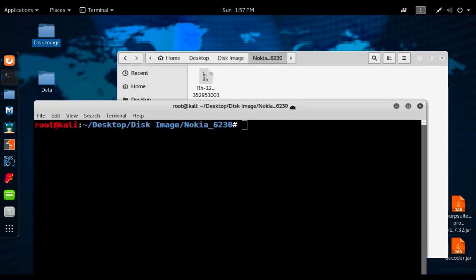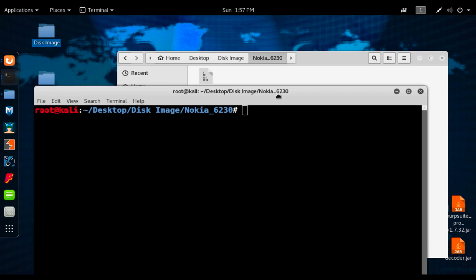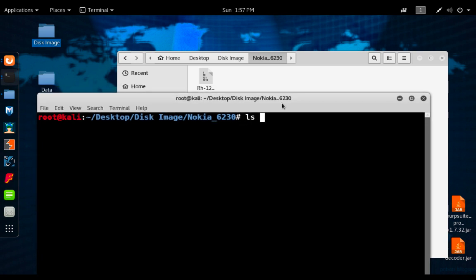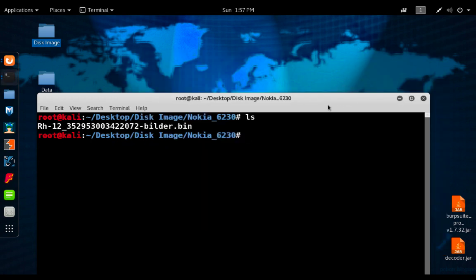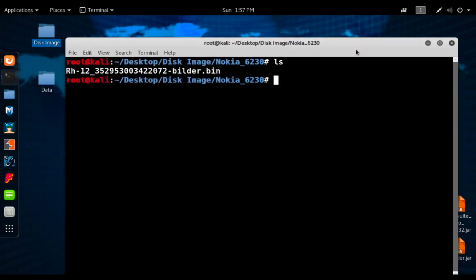So open the terminal right now, and we are in the same folder. Do ls here, and you can see this is the disk image. Our main task is to extract the data from this disk image and analyze which type of information it contains. For this I'm going to use one tool called bulk extractor.